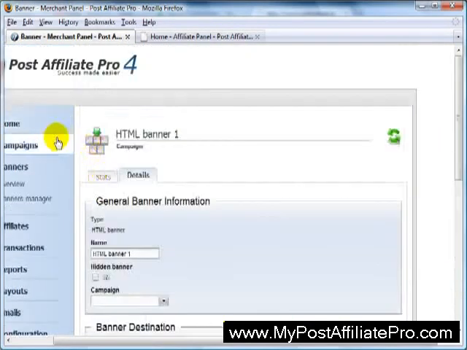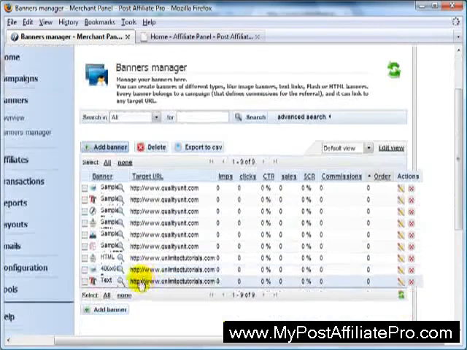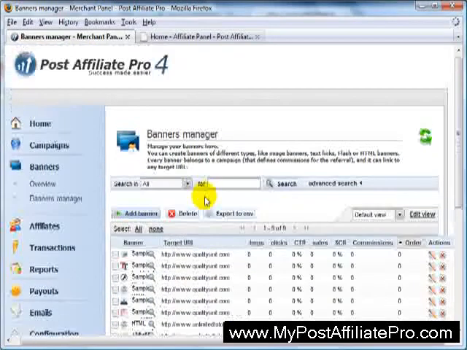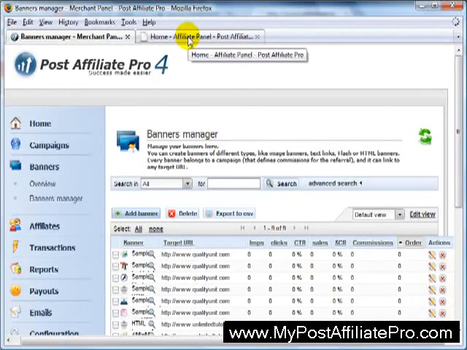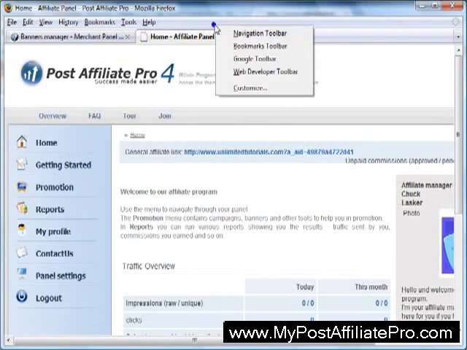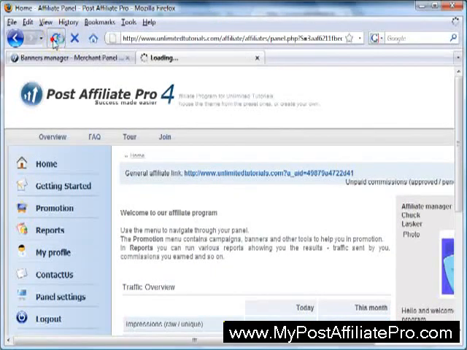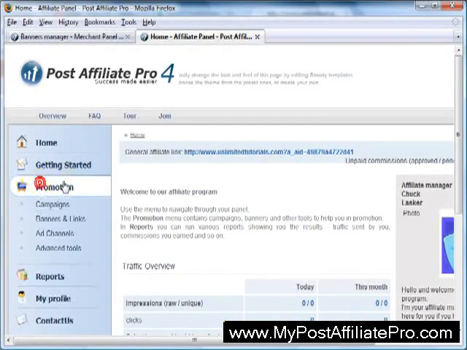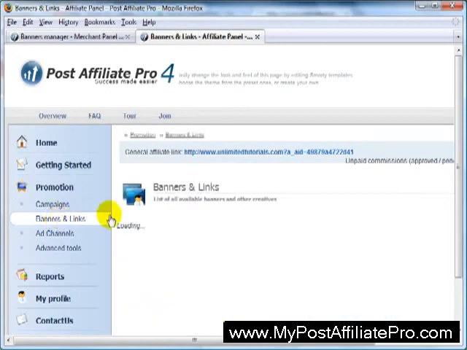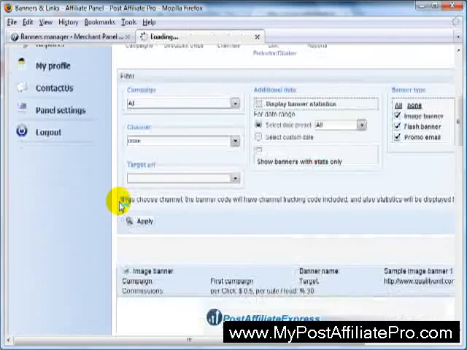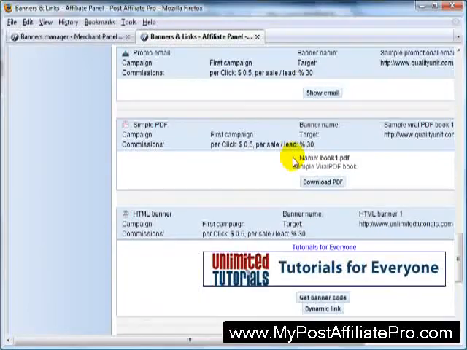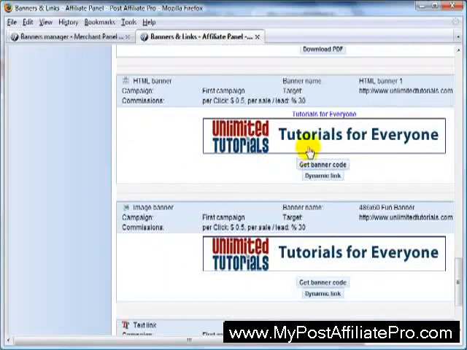and then click Create. And now that we've done that, going over to Banners Manager, you see the 3 are there, and I can always click over here to edit any of these or look at their statistics. I'm going to go into the affiliate control panel here and refresh it to be sure it's logged in right. And an affiliate then can click on Promotion and click on Banners and Links and come down and see all of the banners. And it starts out with the ones that Post Affiliate Pro put in there. But as we go down, we can see the